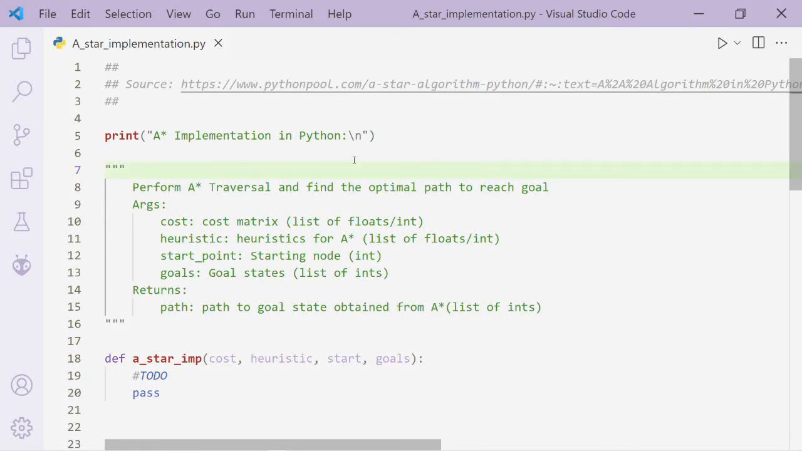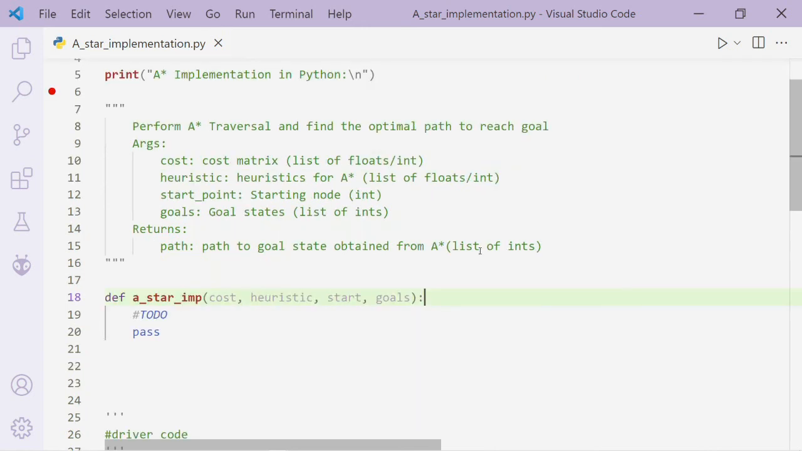Hello everyone, in this video I will show you how to implement A-star algorithm in Python. Before moving ahead, I would strongly recommend you to watch the video given in the description which contains the idea and working of A-star algorithm. So once you have understood the working of A-star algorithm, it will be easy for you to write the code